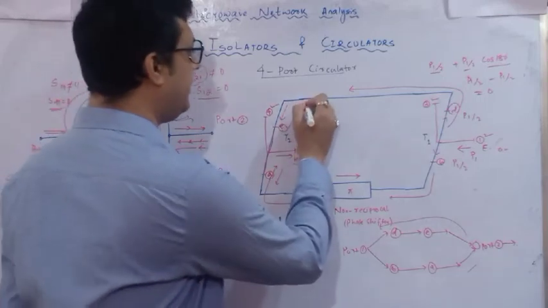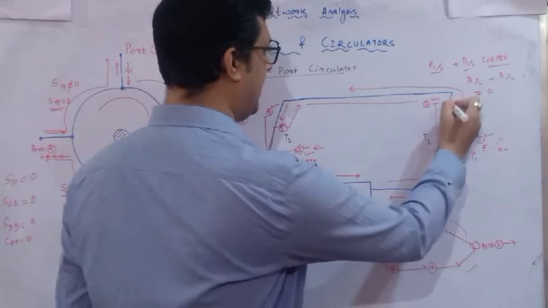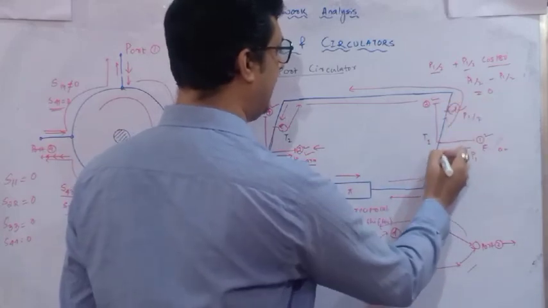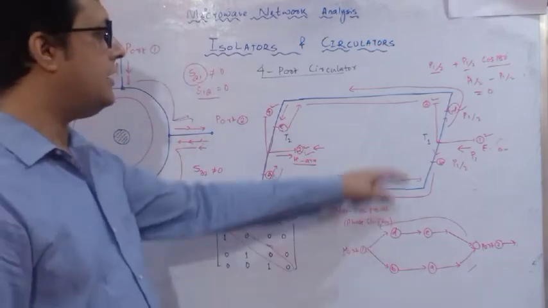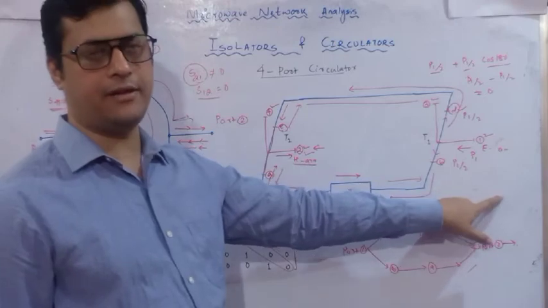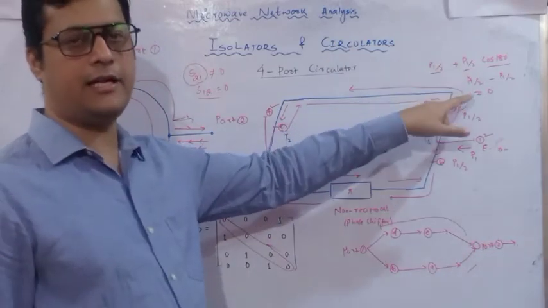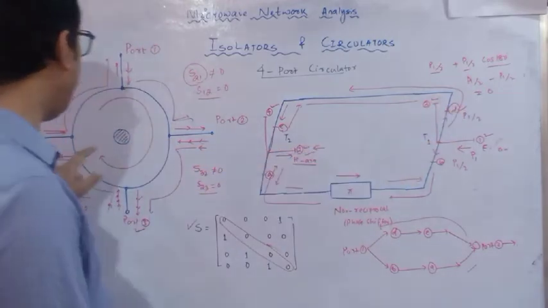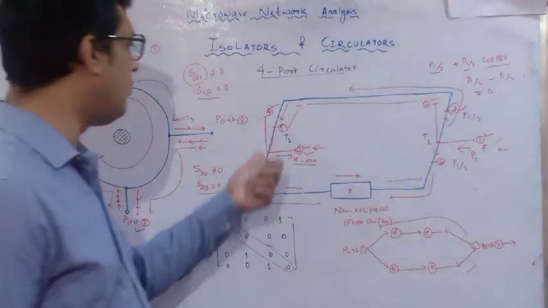Now E arm, when it is going to distribute, will follow in this particular manner, and it will enter D and B and add up and form at port 3, not at port 1. Because now in this case, it will act as a sum arm, and this one acts as a difference arm. So if you feed the power at port 2, alternate power we are getting at port 3. Similarly, if you feed the power at port 3, alternate power you are going to observe at port 4.